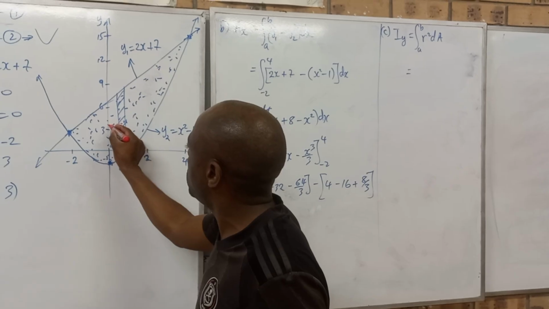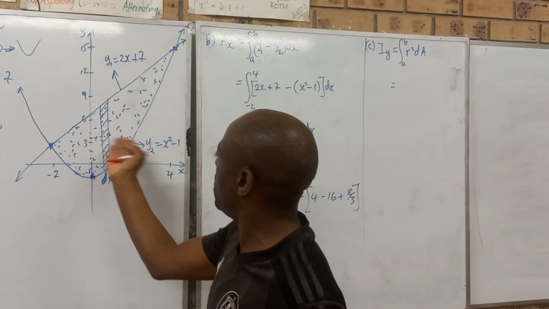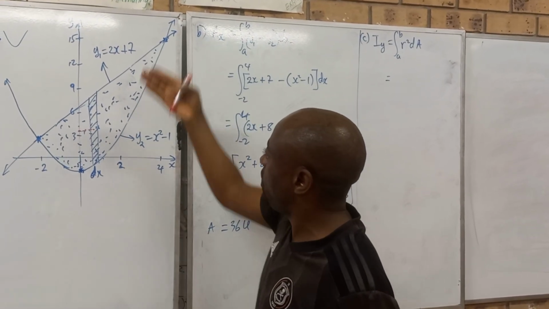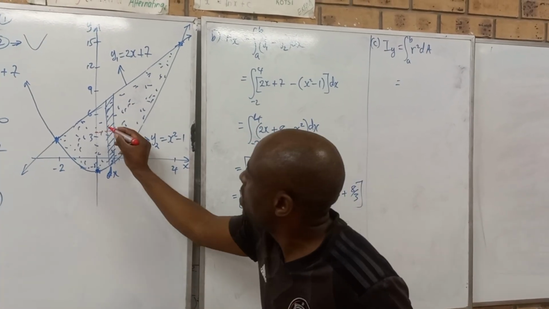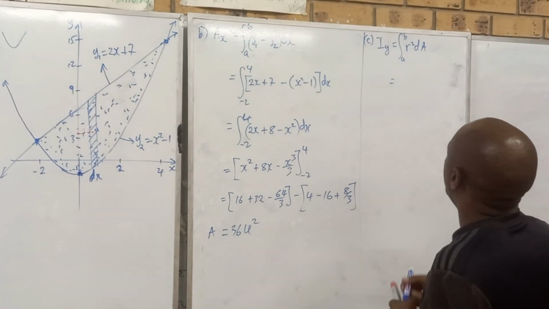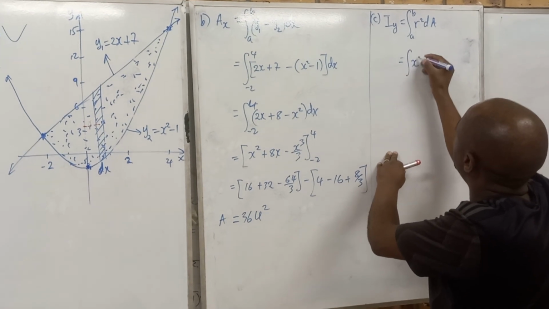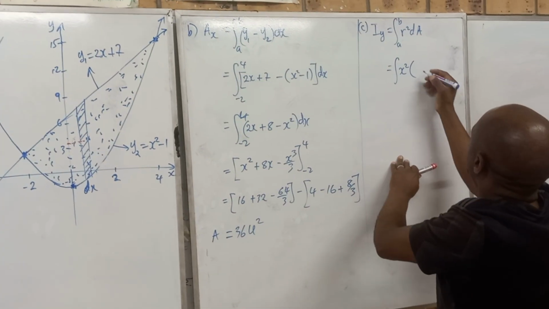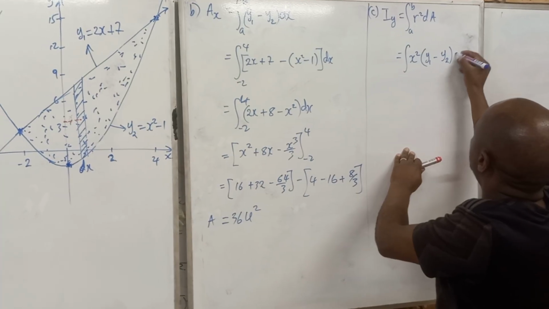I see that my red line there is horizontal. So anything horizontal, you write in terms of x. If it was vertical, I would be using y. So my r is a simple x. That's the distance from the center of my strip to the y-axis. Since we need r squared for second moment, it means I'll be writing x squared. Then my dA is simply the same formula that I use for my area, which is y1 minus y2, dx